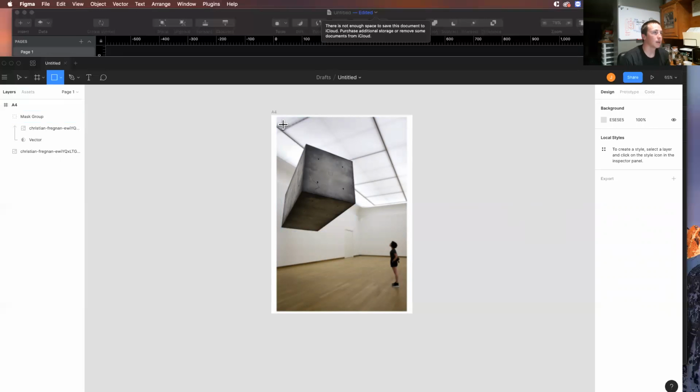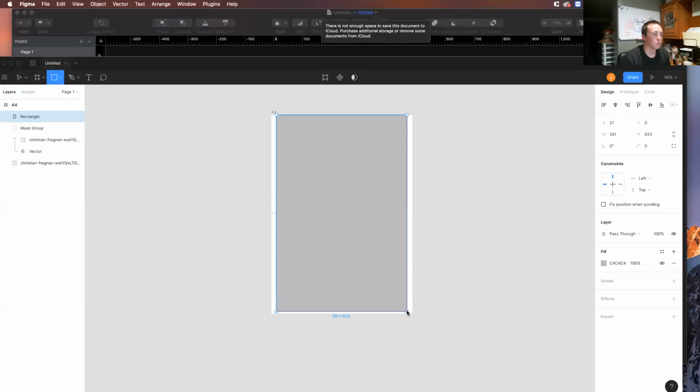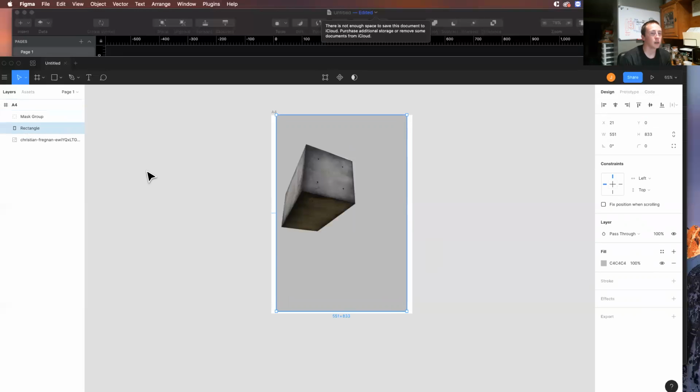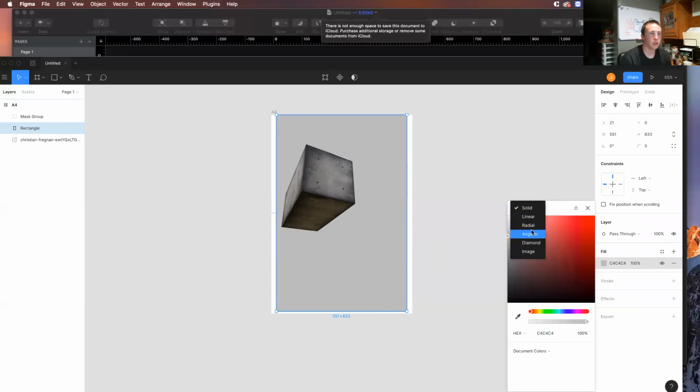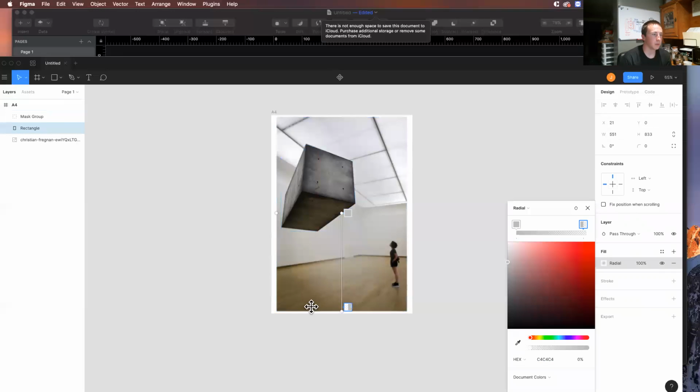And then really quickly, the same thing with the color scheme, the gradient. I'm going to make a rectangle. I'm going to put it between my 2 layers. And I'm going to click on my fill. I'm going to change it from solid to radial, which is the same thing as gradient in Sketch. I'm going to put my points wherever I want them. And again, I can select, this point is the starting point, this point is an end point, or switch it around. I'm going to go all white,